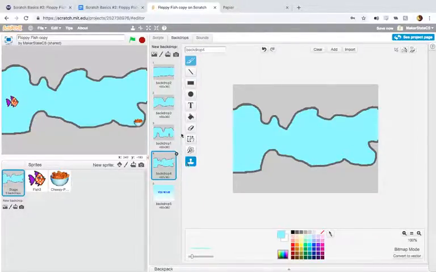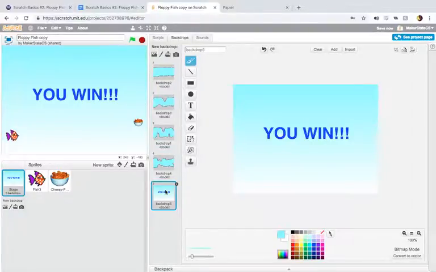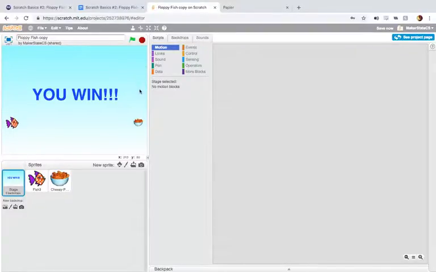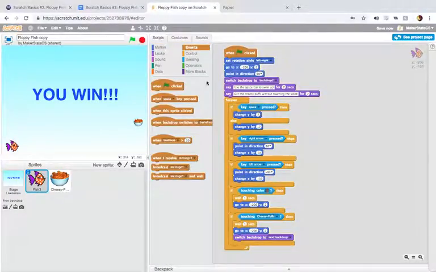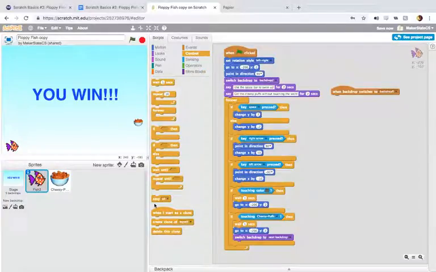Okay, well, eventually I will get to this Cheesy Puffs, and we will go to the You Win backdrop. And what we want to do when we hit the You Win backdrop is just stop everything. And the easiest way to do that is by using a block from events that's called When Backdrop Switches To. And with this, we can just write a really simple 2-block script that says when backdrop switches to backdrop number